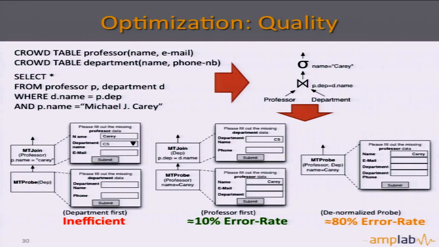And the last one, the combined one, we always thought it's the best case. It actually decreases the quality of the answer. So the combined one is just asking for the department and professor information at the same time. And the reason what's happening here in the last case is that